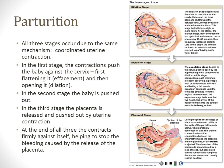It lets go of the uterus, and then the uterus pushes it out. So after the baby, you get the birth of the placenta, right? And then the next thing that happens is the uterus has to contract to stop the bleeding from where the placenta detached. To encourage the uterus to contract, the nurse or the doctor, the caregiver, or the midwife is going to take a fist and rub right there on the top of the uterus. Rub it to get it to contract, make it angry, so that it contracts and gets smaller,